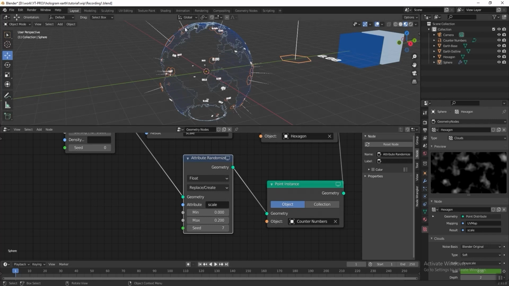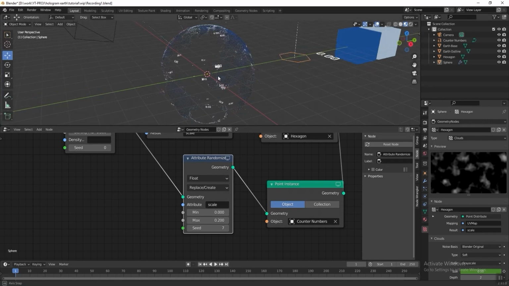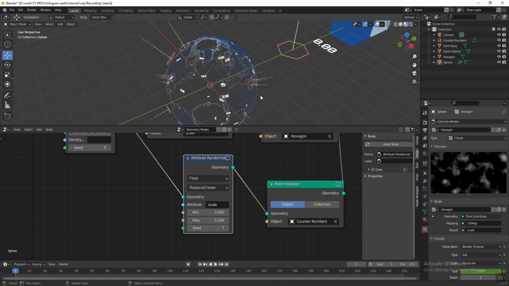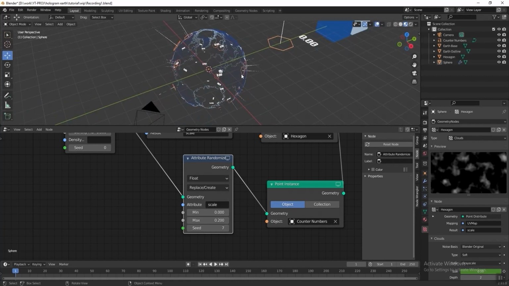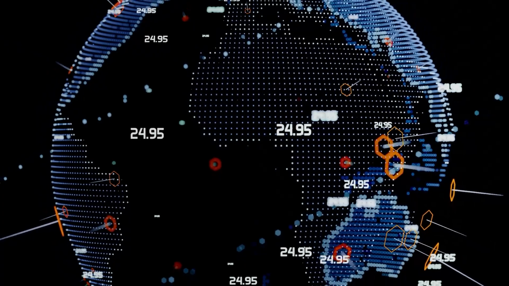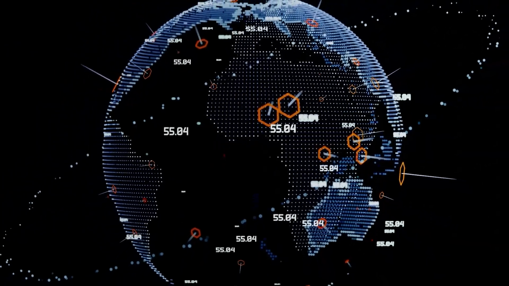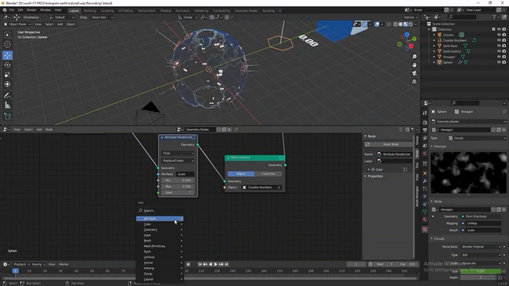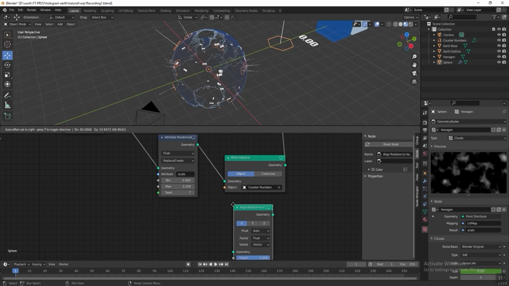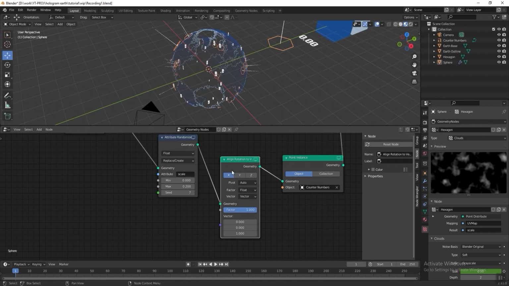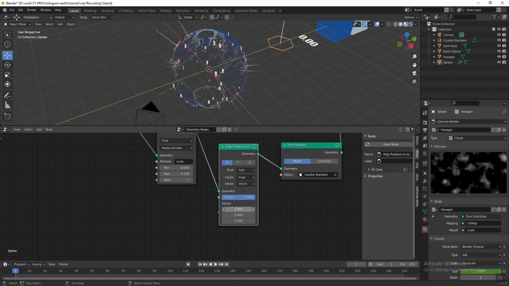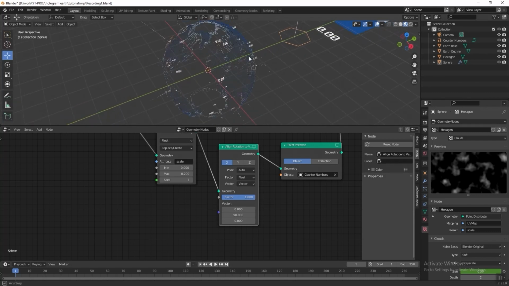And now we can see all the counter numbers on the globe are facing different directions, and this is not what we want yet. We actually want them facing the same direction like the sample here. So to do this, press Shift A and add align rotation to vector node. Select x-axis, then change the vector value to x 0, y we put 90, and z we put 0 as well. And now it's all facing the same direction,